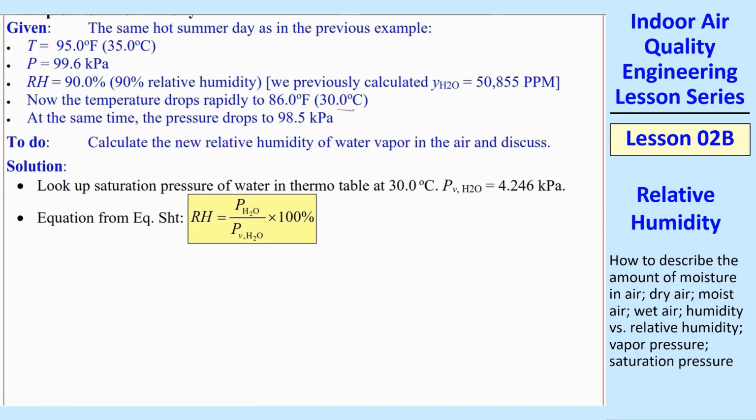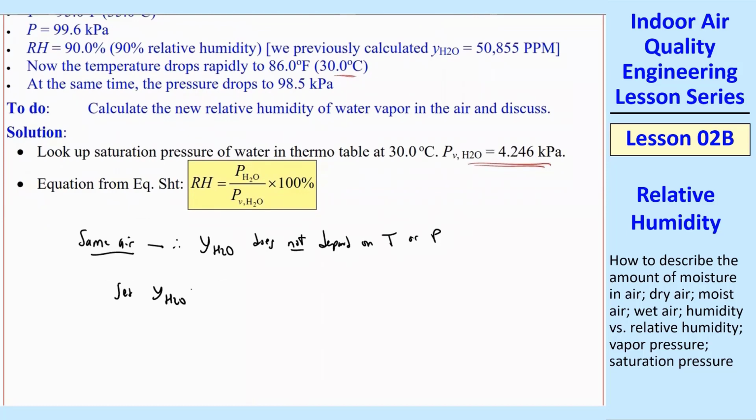Since the temperature changed, now I look up in the table a new PVH2O, which is now smaller than the previous one since the temperature has dropped. So if we assume here it's the same air, therefore the YH2O, this mole fraction, remember we talked about this last time, does not depend on T or P. So it should be the same. So we'll set YH2O the same as last time, which was 0.05, and I'll put in all my digits to be accurate here,